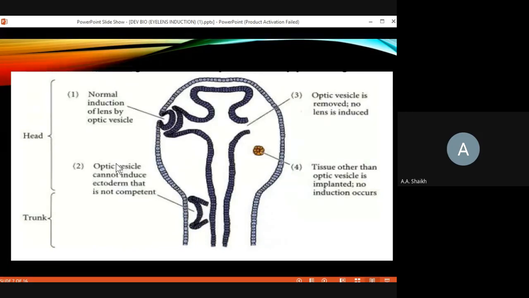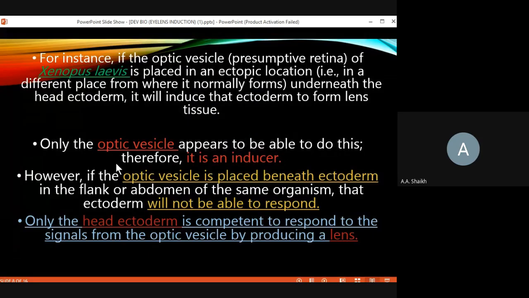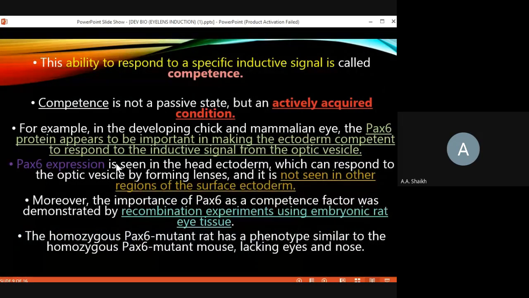The signals are paracrine signals, and these signals are utilized by the head ectoderm in different types of organisms. They utilize the signals released by the optic vesicle, and the signal of very much importance is the